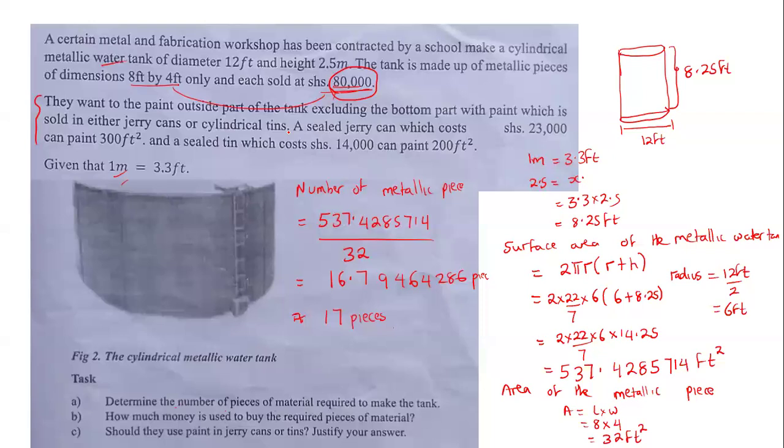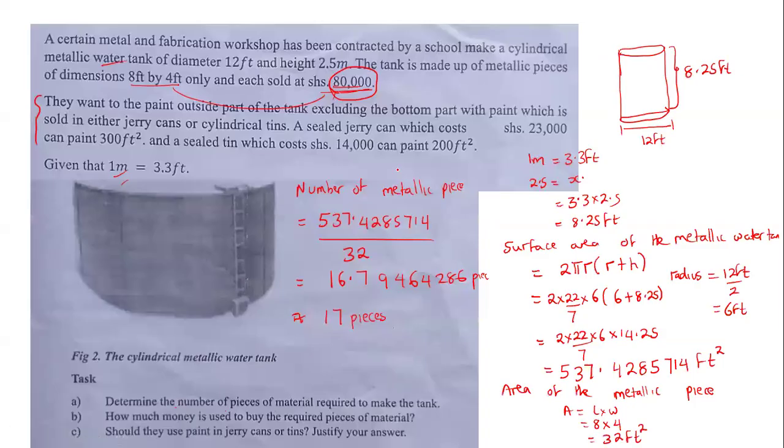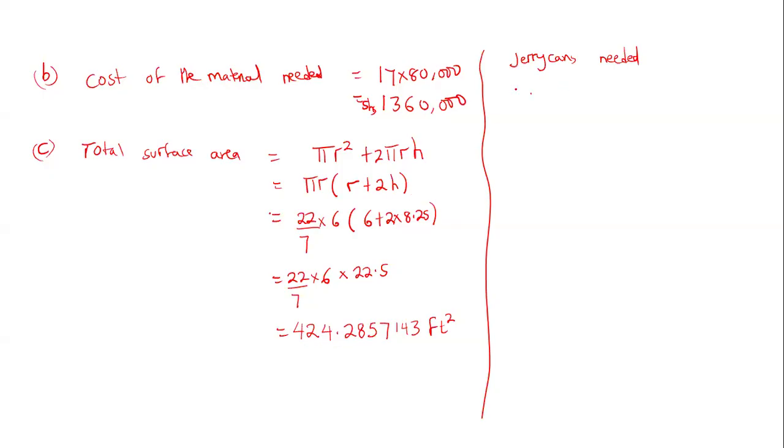Then from there, you make your conclusion basing on where you are going to save. So now we start with the jerry cans. I'm going to write somewhere here, jerry cans that will be needed. Now, when you look at the jerry can, they told you 300 feet squared. So here I'll say our number of jerry cans needed,